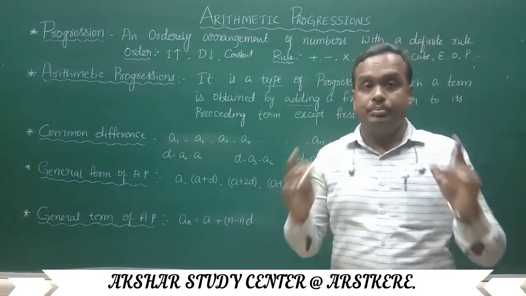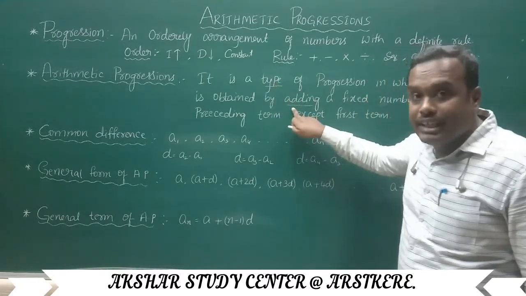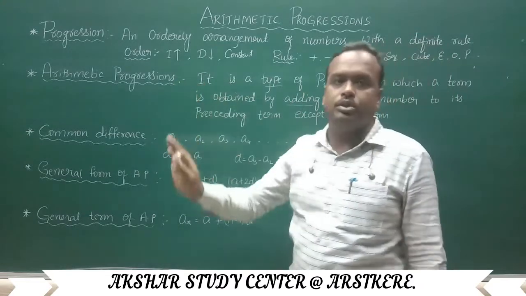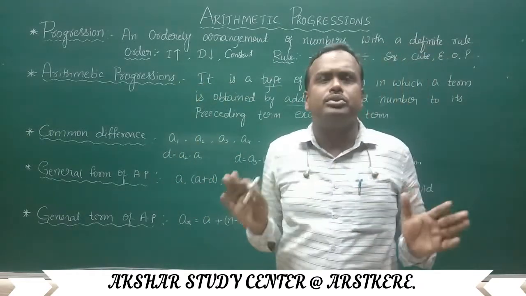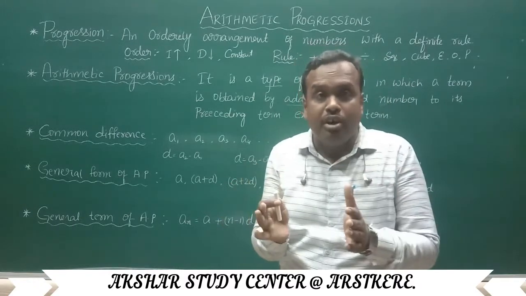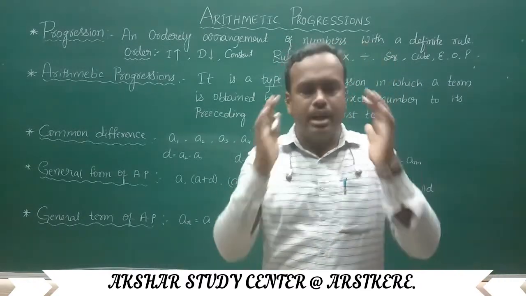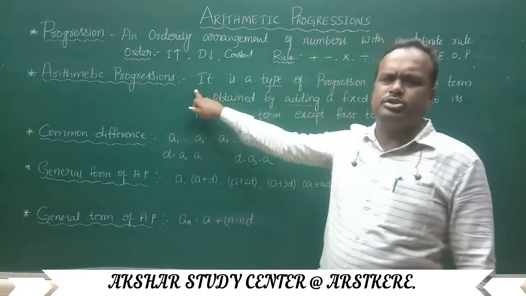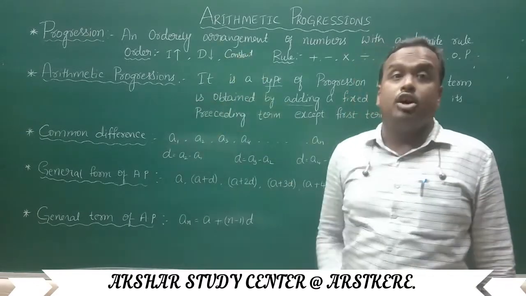Okay children, that means you may come across one particular thing here. What is that? Adding. Most of the problems in arithmetic progression add a fixed number. The rule is the addition rule. Got it? Addition of a positive number or addition of a negative number, no problem. Addition we are going to follow. Yes, this is about arithmetic progression. You know this very well. Coming to the next concept.